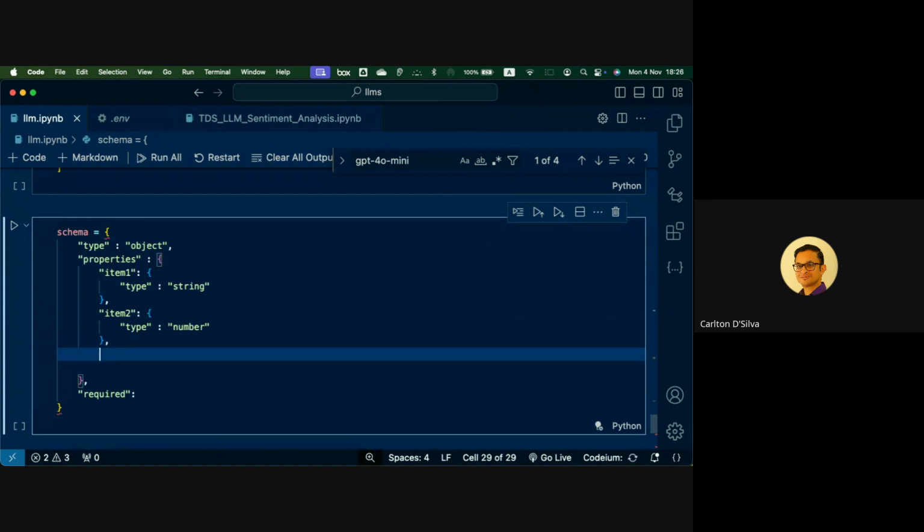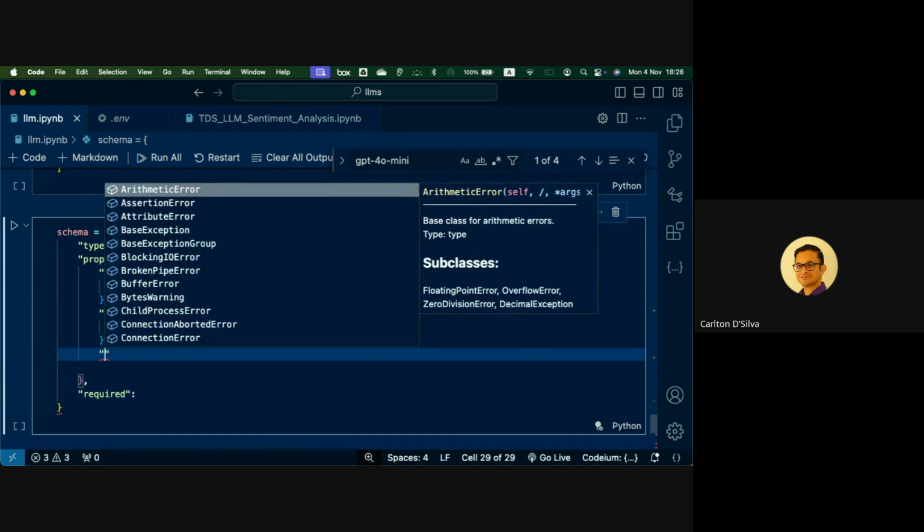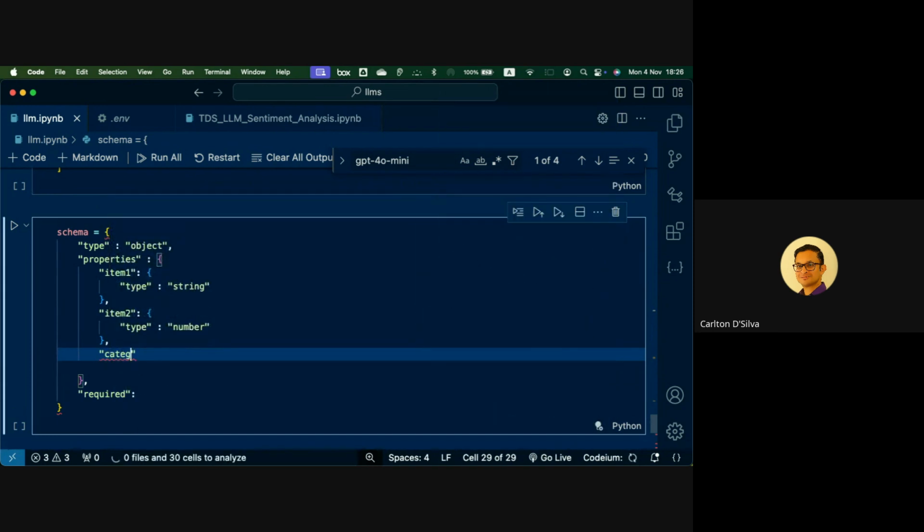Then I might say, okay, the third item may be called categories or something, right? These are just labels. These are labels of items inside your object, because that is the first thing we described. We said the first thing in our JSON is an object. What are the properties of this object? It has three other items inside it, right?